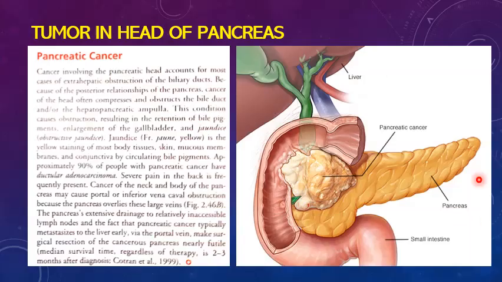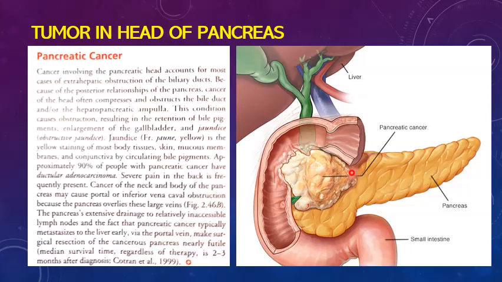Then this is the tumor in the pancreas. So these tumors are more common in the head of the pancreas. And if there is a malignant growth, what are the chances? Here this is the bile duct, right? Bile duct is running from there and going to enter into the duodenum. So this growth may have a chance to obstruct the bile duct, and that obstruction of the bile duct will cause jaundice, or compress the portal vein.